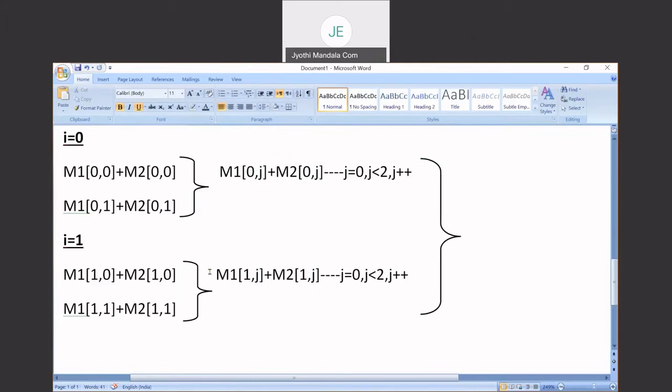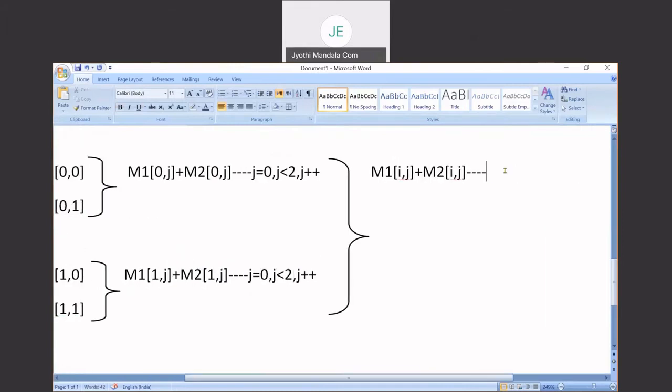So what we can do here is, I'll copy this text. This can be represented as I and this can also be represented as I. But what you need to observe here is, I value should initially be 0, and I value should be less than 2 because it is a case of 0 and 1.